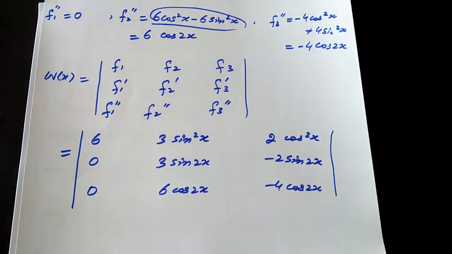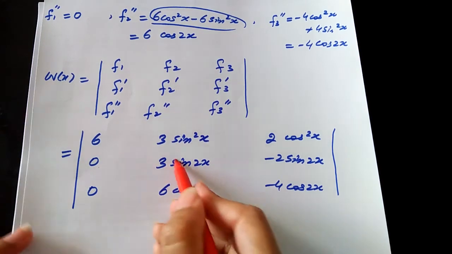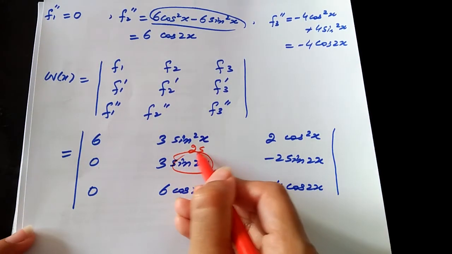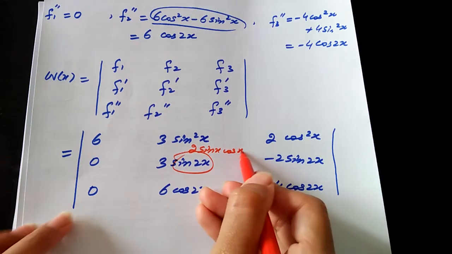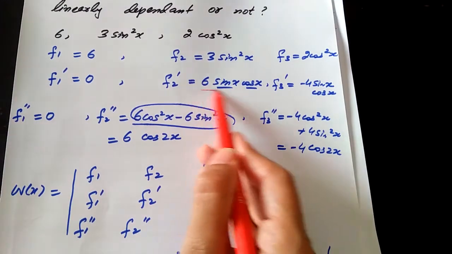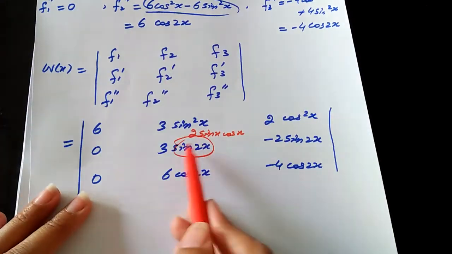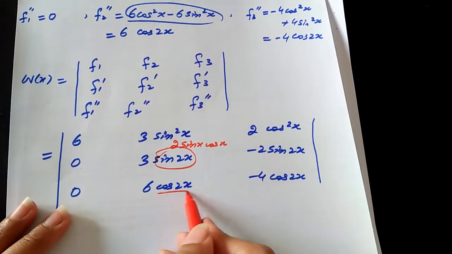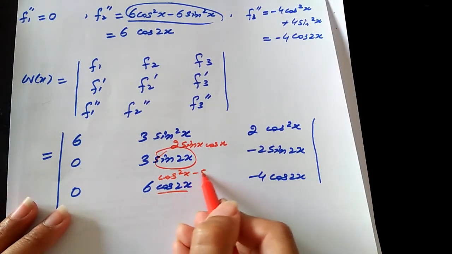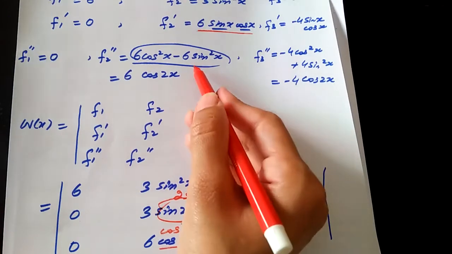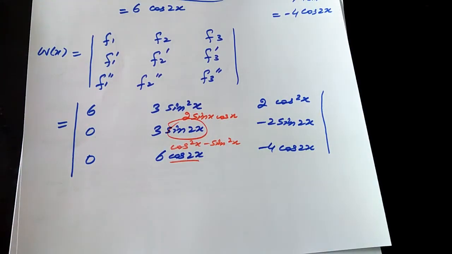Now what identities have I used here? Sine 2x is basically 2 sine of x cos of x. So if you look at this value, we can write it in this manner. And cos 2x is cos square of x minus sine square of x. So I just converted all these functions into identities. Now